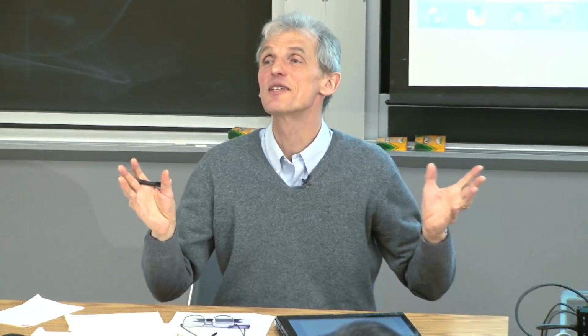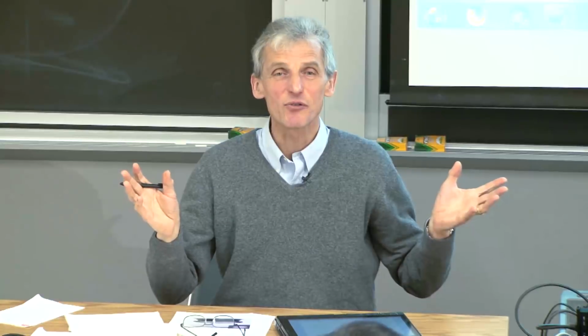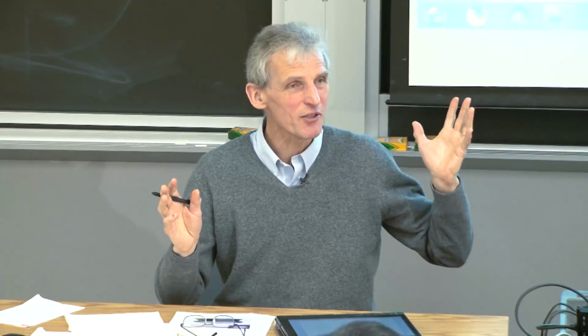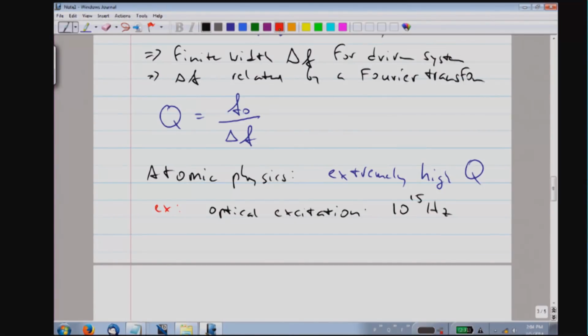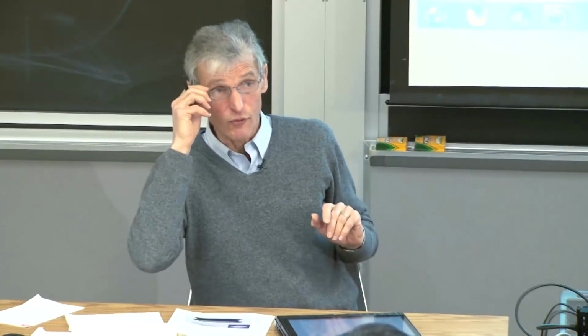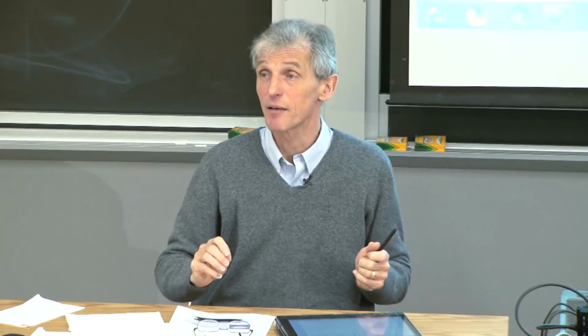Well, the speed of light is 3 times 10 to the 10 centimeters per second. So therefore, if I just use the power 10 to the 15 hertz, it has to be 300 nanometers. Okay, so never forget that for the rest of your life. 300 nanometer is 10 to the 15 hertz. That means for most of us who are working with rubidium, lithium, and sodium, which is 600 nanometer or 800 nanometer, the frequency is more 5 times 10 to the 14 or 3 times 10 to the 14. But just as a ballpark number, 10 to the 15 hertz is 300 nanometer.